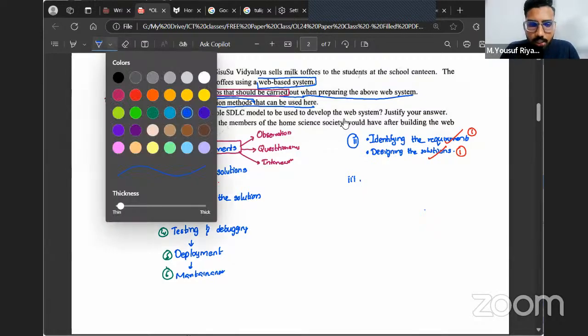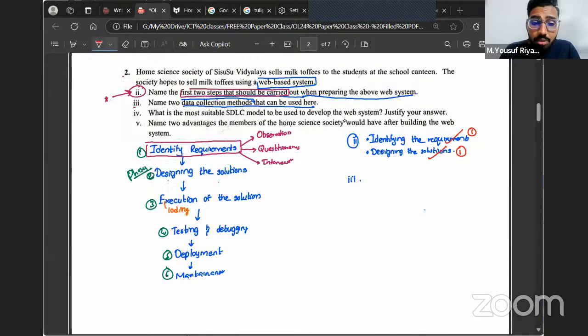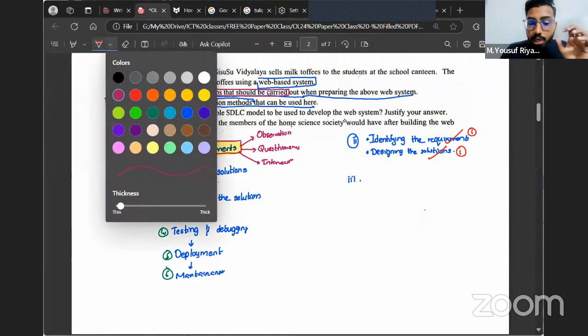Some of your answers are correct, some of your answers are wrong. The main purpose of data collection is to identify the requirements, because without knowing his exact problem, what issue he has, what requirement he has, you can't create a solution for him. So the main purpose of data collection is to identify his requirements. So some of the ways you can do it is,